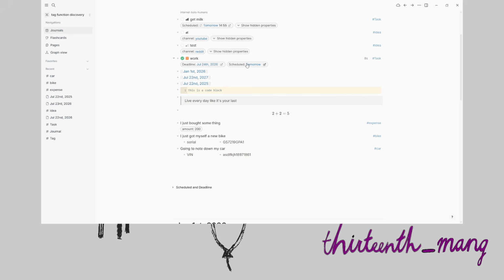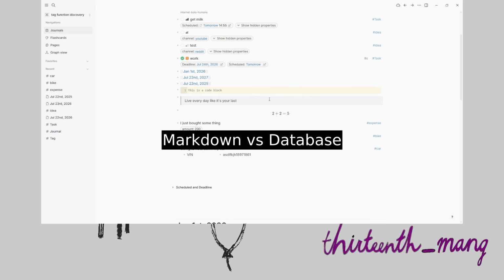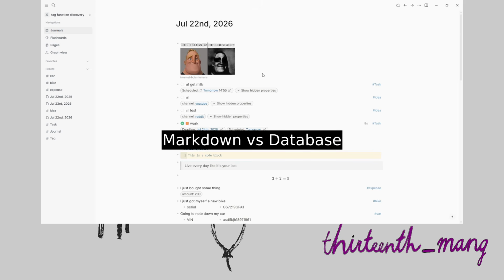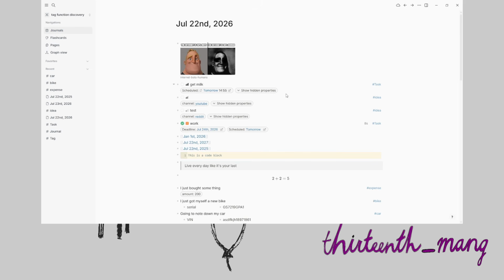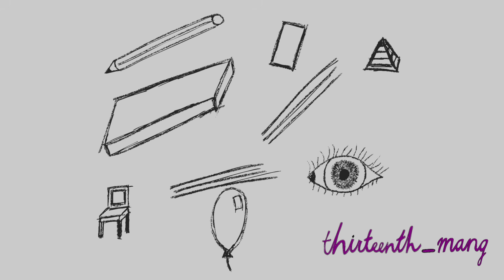So those are the ways that I've been most commonly using tags, and I think we've pretty thoroughly gone over the different features of tags. But as you can see, features that tags have in the database version of Logseq are above and beyond what we had in the Markdown version. And you had similar functionality in terms of task tracking. So if we just quickly go back to the Markdown version for a sec,